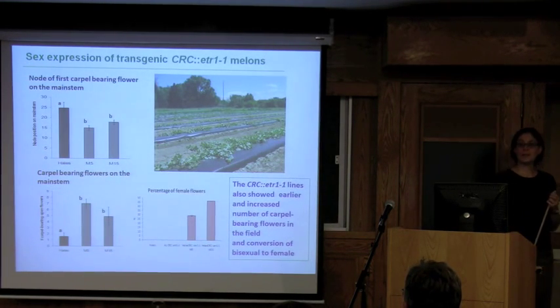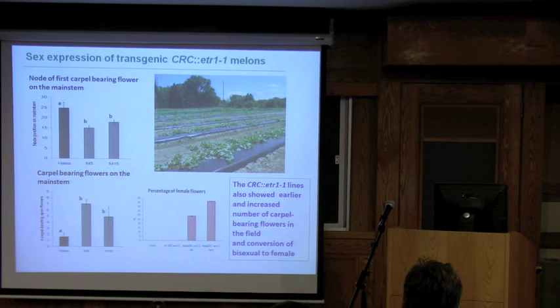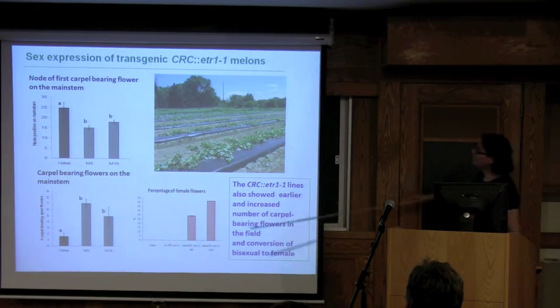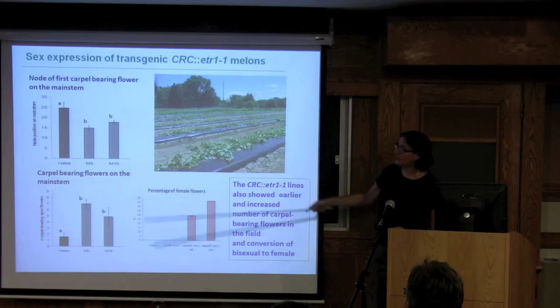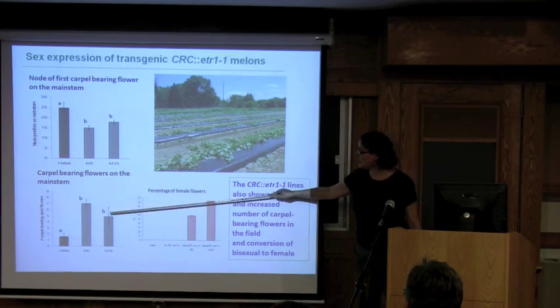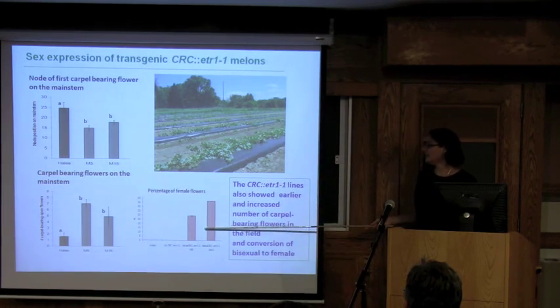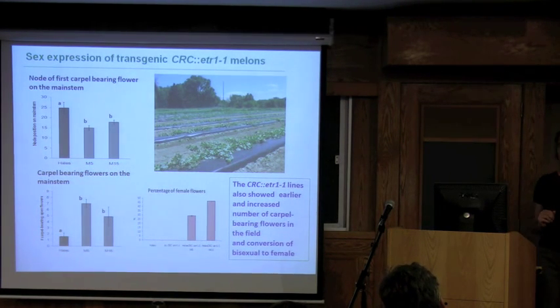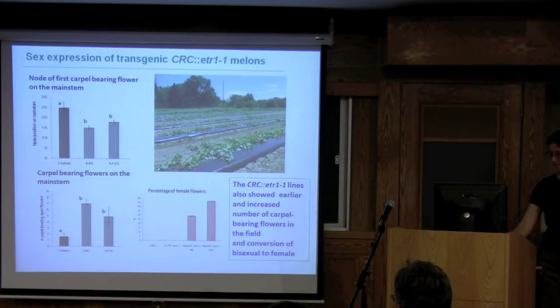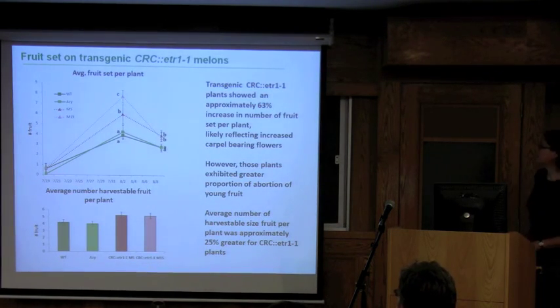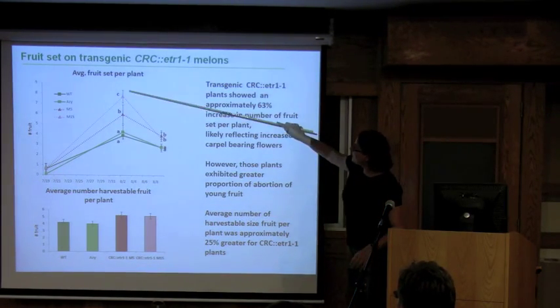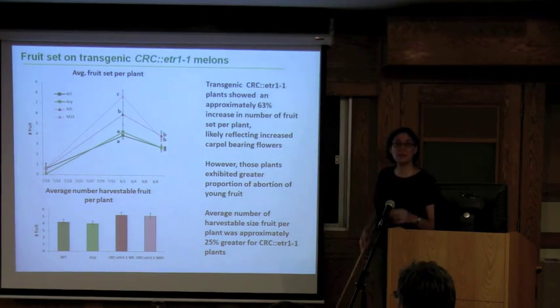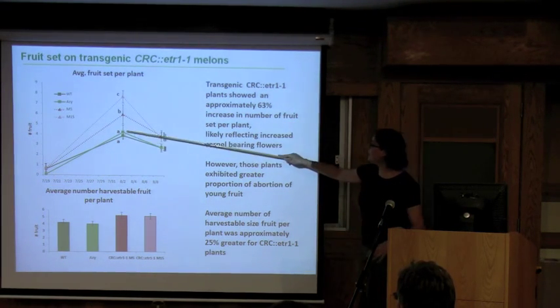We also looked at the CRC ETR1-1 melons, and again we saw earlier occurrence of the first carpel-bearing flower on the main stem, increased number of flowers, and as we had seen in the greenhouse, we also saw conversion of approximately 50% of the bisexual flowers to become female. We also saw an increase in initial fruit set on the plant by approximately 63% relative to the non-transgenic lines,